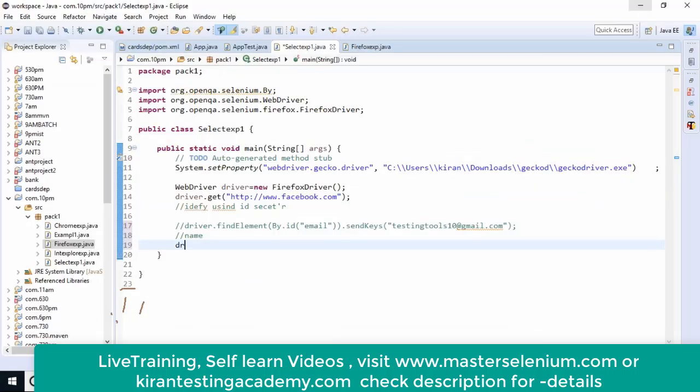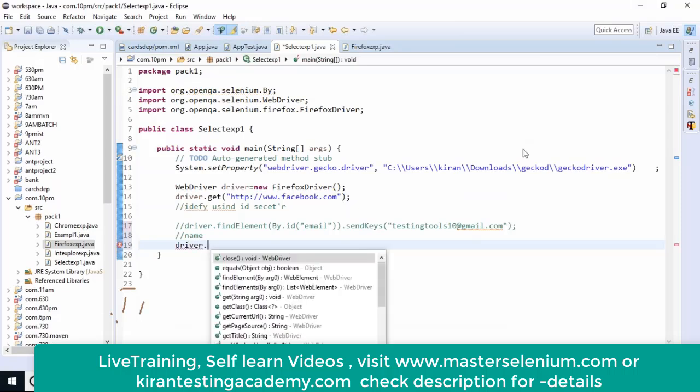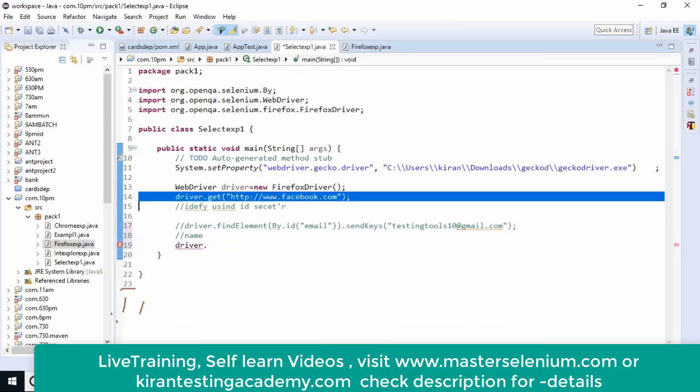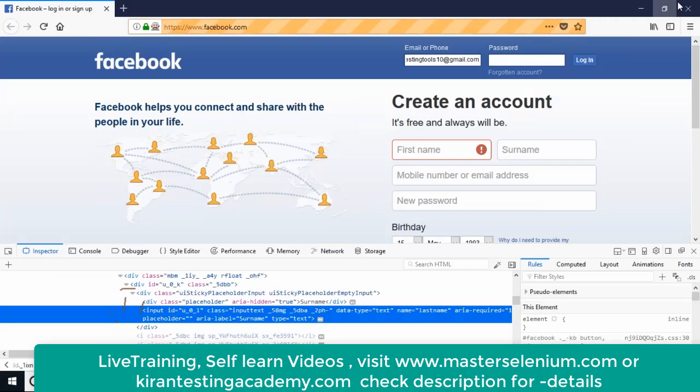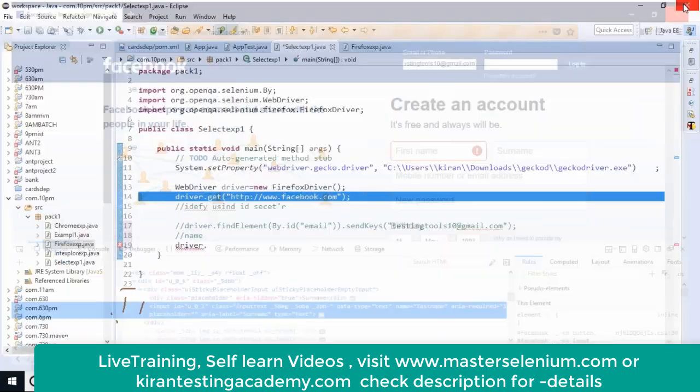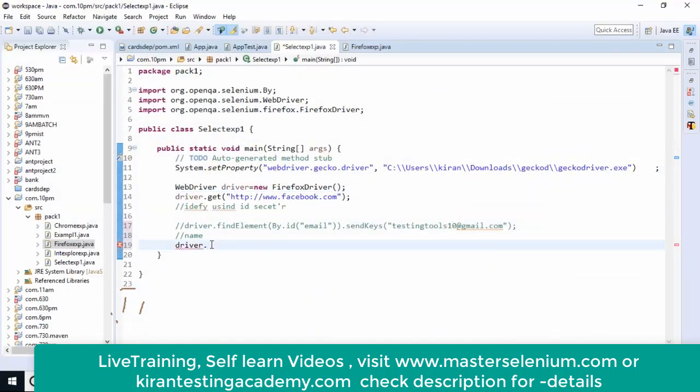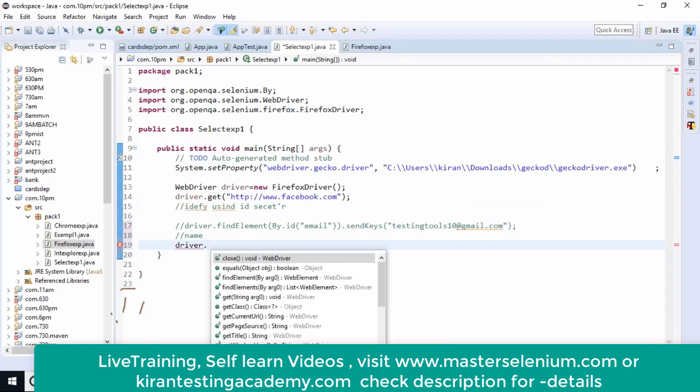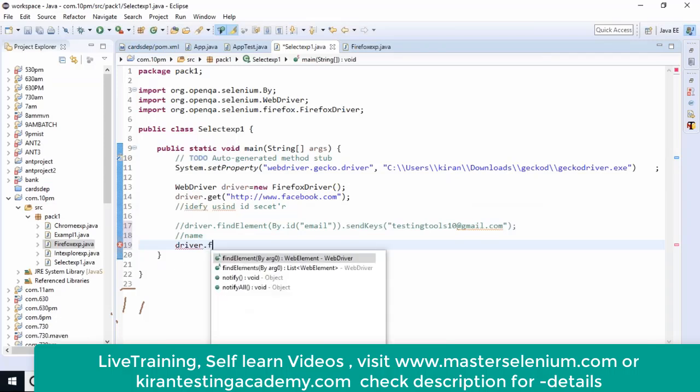I need to start with driver next. Driver dot get. No, I already have get there. I haven't commented it, it's already there. Okay. Driver dot find element. Find element first. Yes. By dot